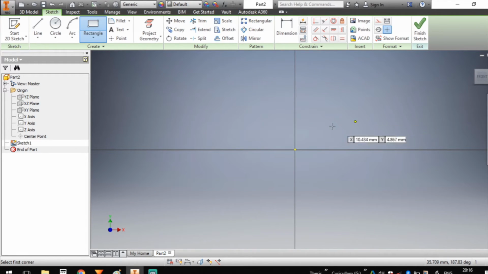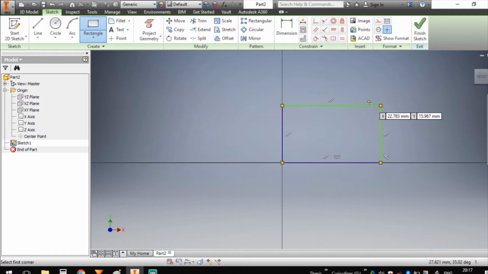You can select anywhere on this window, but I will select the center first. Then you can see another message, select opposite corner. So select any point on this window. You can go right, left, bottom left, bottom right, anywhere. I will go here and click.